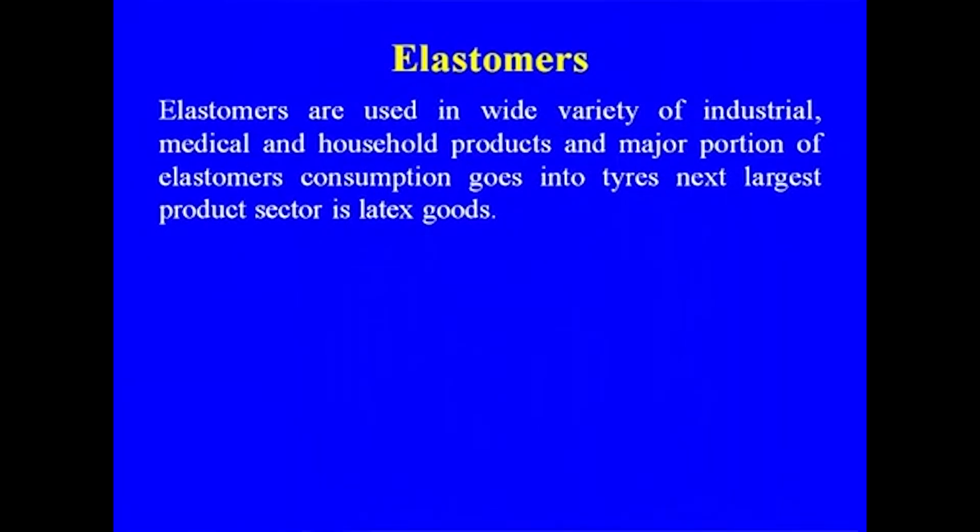This lecture 4 will be all on elastomers: styrene butadiene rubber, polybutadiene, nitrile rubber, and some other specialized rubbers which I discuss here. Elastomers are used in a variety of industrial, medical and household products, and a major portion of elastomer consumption goes into tires. The next largest product sector is latex, and you see the importance of the